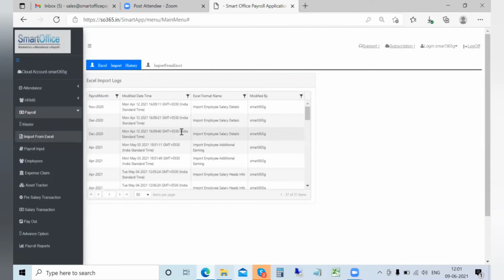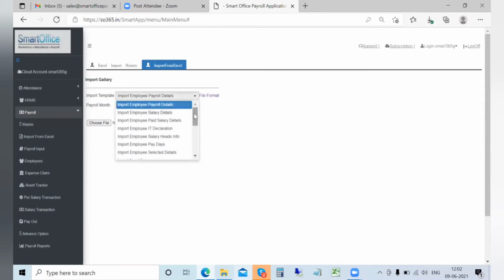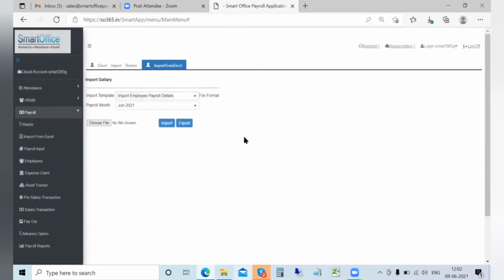Going next to the options, the import from Excel option is available so that all the details that you want to import, either during the implementation or during the regular usage, a lot of import options are available, so we don't have to do unnecessary manual work employee wise. The formats are available here, which can be used while you're doing the import process. And in case you want to export any specific details, the export option can also be used.